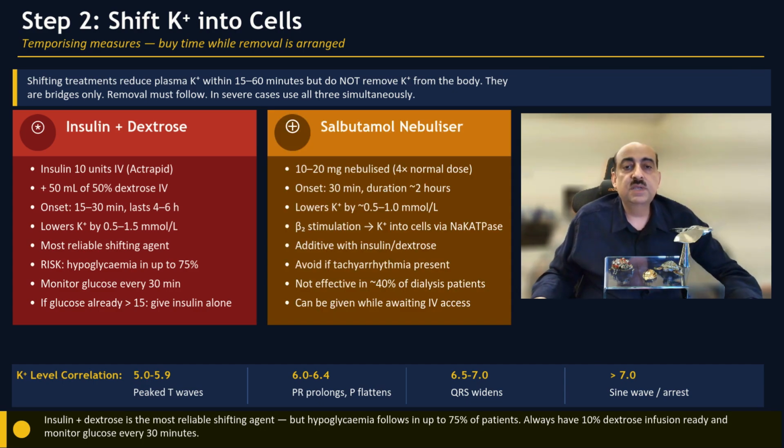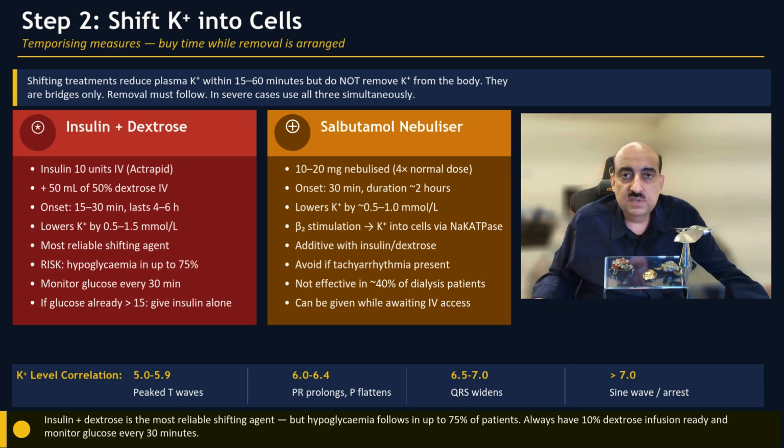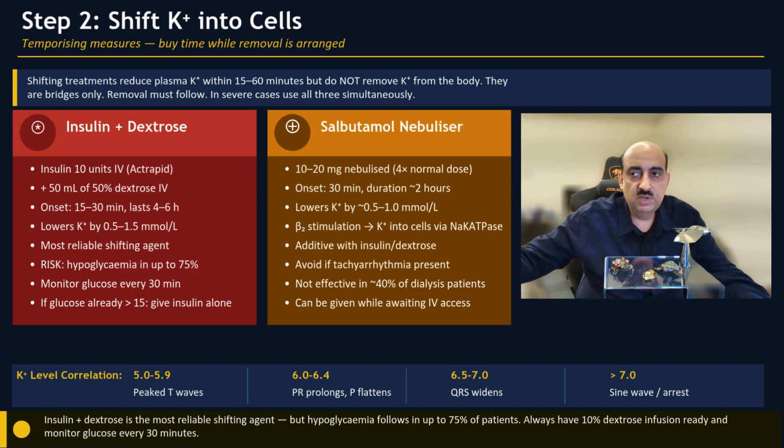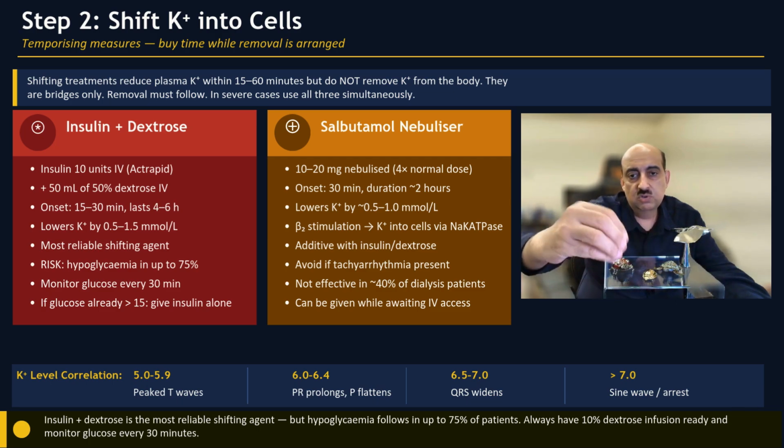The other mechanism is salbutamol nebulizer, given in a big dose, 10 to 20 milligrams, either back-to-back, 10 and 10 milligrams, or you can just give 20 milligrams depending upon the situation. In fact, this is the first line and one of the easiest to administer. As soon as we have the ECG, the first thing I would ask the nurse is to please bring the nebulizer straight away, while the second nurse is preparing the IV dextrose and glucose, getting calcium chloride, etc. So logistically, it's the easiest to administer and buys you crucial time while you're administering